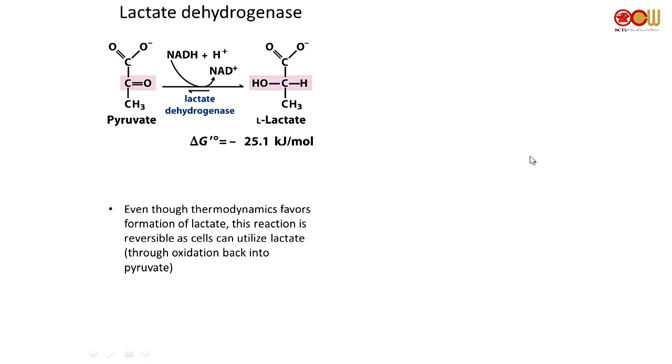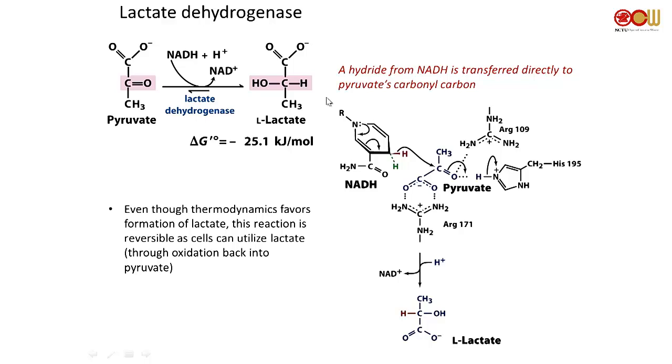So first, we take a look at lactate dehydrogenase. You've seen this in your first day of class, where you turn pyruvate, which has a keto group, into a hydroxyl group. So you are doing a reduction. You reduce pyruvate using NADH and you form lactate. And this is quite favorable. The reaction mechanism is kind of crazy, but it's actually a lot simpler than you expect.